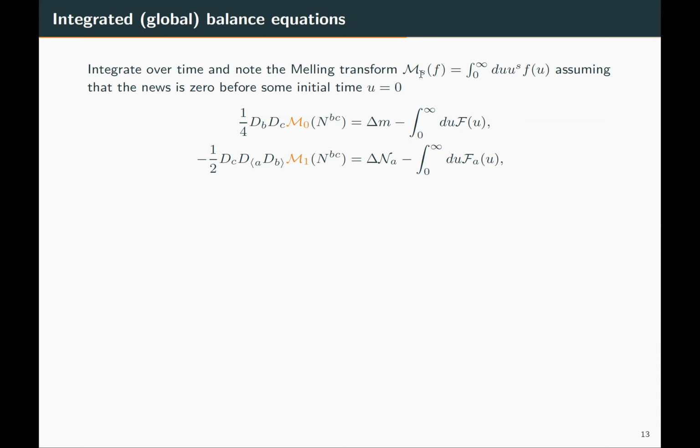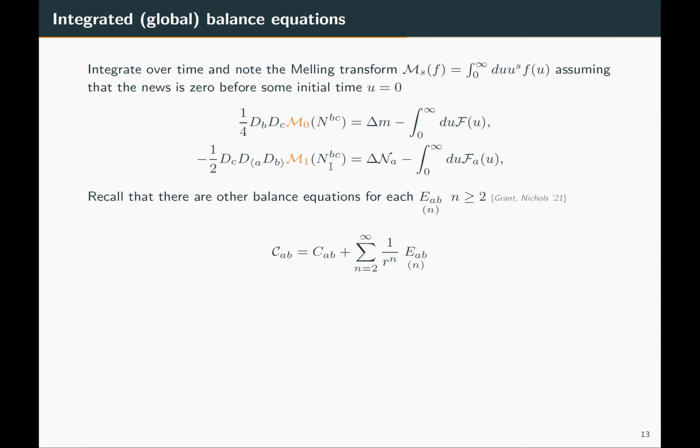So here, I'm referring to this S, which is 0 here and 1 here. So this is very interesting. And now